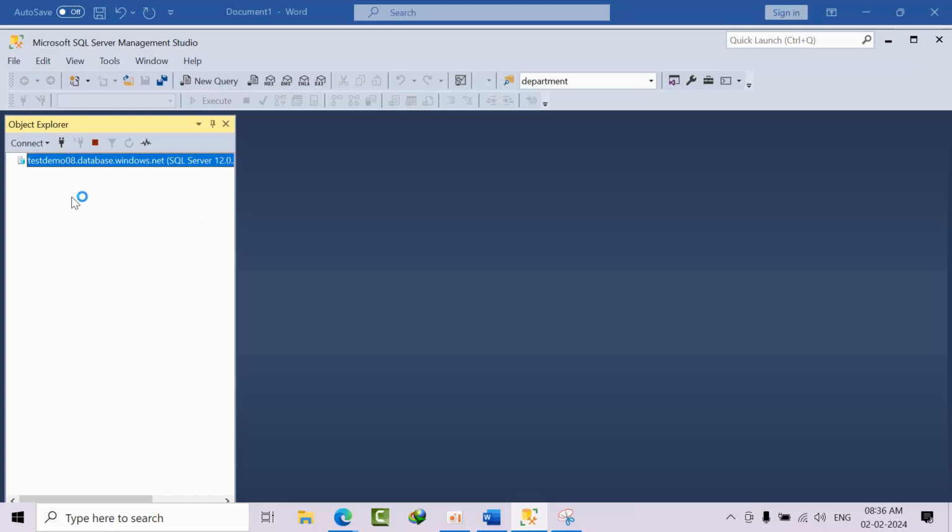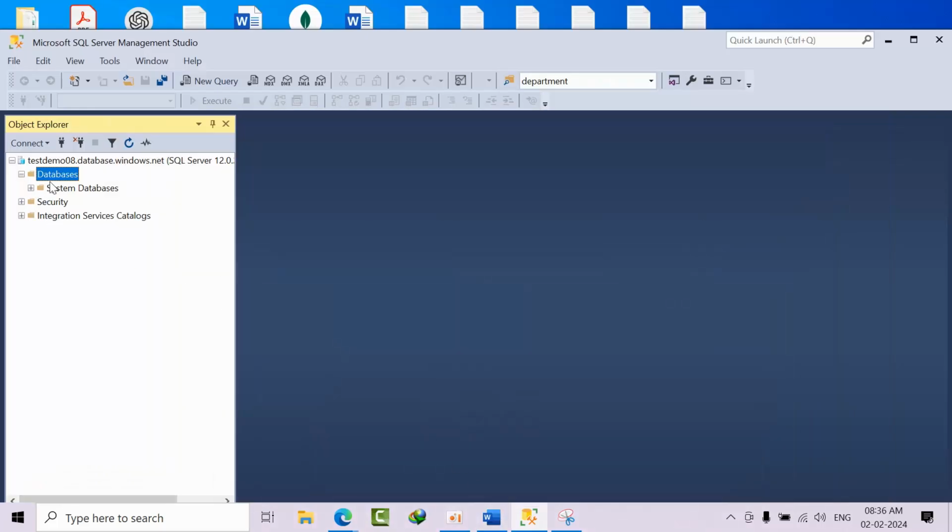Now I have successfully created the SQL server, added the firewall rule in the SQL server, and we have connected to the SQL server. Now if you see here, I am able to see the master database only. What about the remaining databases? For SQL server we have everything, master, model, tempdb, everything will be there, but they are not visible to us. Only the master database is visible to us, but the others are created internally and hidden for architecture purposes. It will be there.